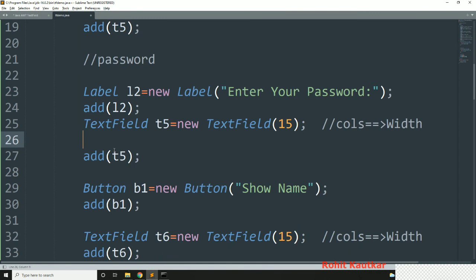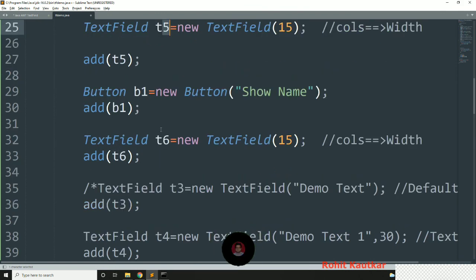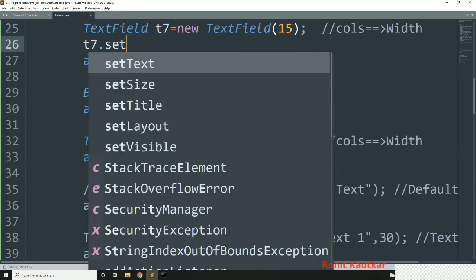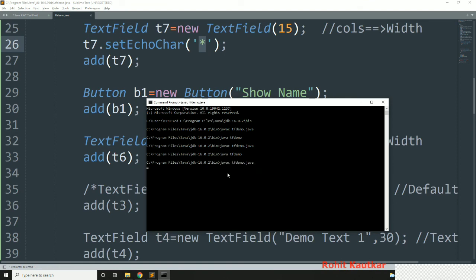So I will say this will be my T7. And here I will write T7.setEchoChar, and what char do I want? Asterisk sign. Now whenever we try to type something, it will show this asterisk sign. Now let's compile it again.